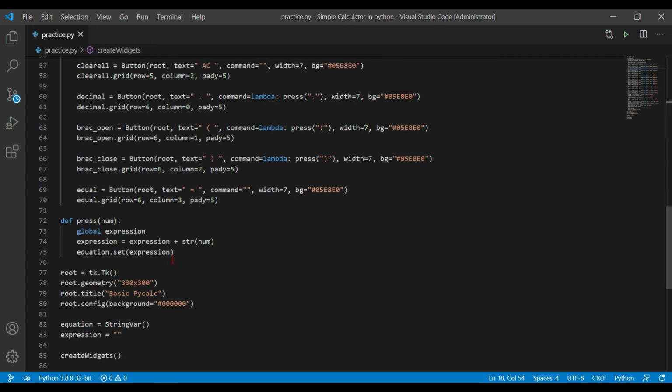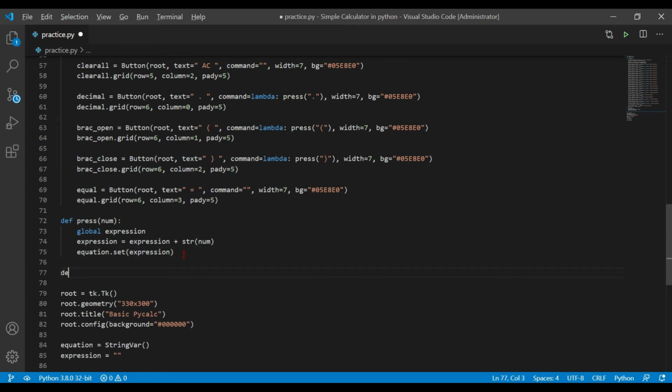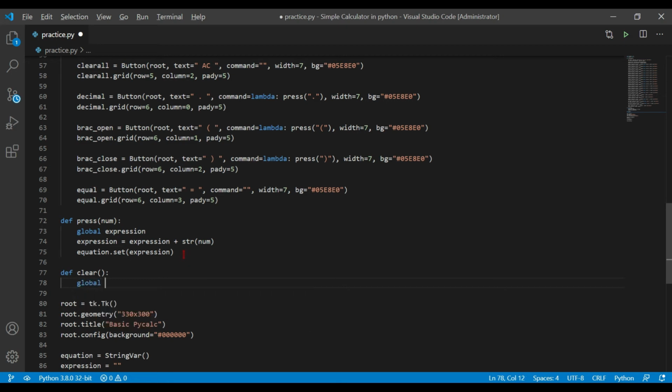So let's define the clear function for that one. Let me define the clear function here, and what it will do is slice the first character from the end. So when the user presses clear, it will delete the last letter of the expression. So we'll import this global expression, and we will slice this expression from the end.